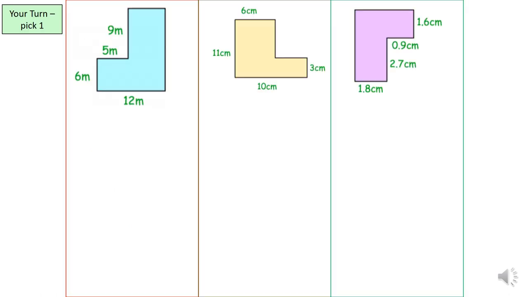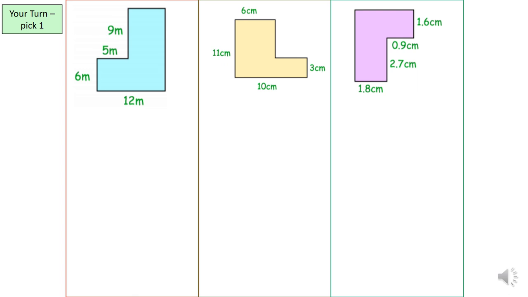What I want you guys to do, depending on how easily you understood that question, I want you to try one of these. Okay, just one of these. So if you really struggled, I want you to try the blue shape. Yellow shape, if you kind of think you get it, and if you're very confident, I want you to try the purple shape. Okay, all it is the numbers are slightly difficult and the missing sides are a bit different. Okay, so pause the video, have a go at one of those now,